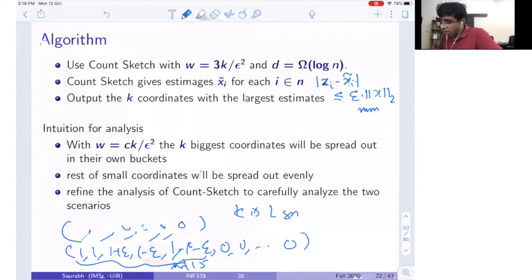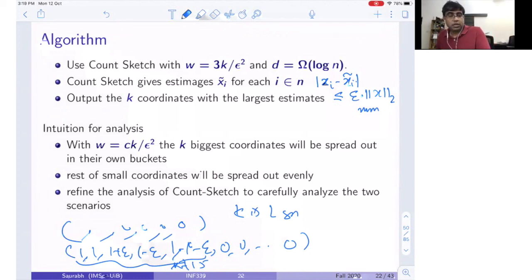Now the algorithm may not necessarily give me an estimate which is the first top k candidates, but it could be anything from these k plus 15 coordinates, possibly, right? So the algorithm needs to do a little bit more hard work when, if you really remove the k coordinates, the error term which remains after that is too small. Then I also need to produce a vector z which is small in terms of its error, okay?